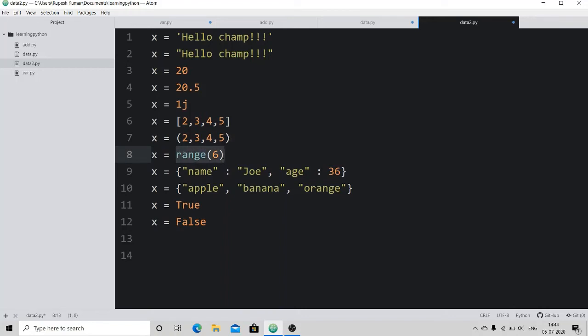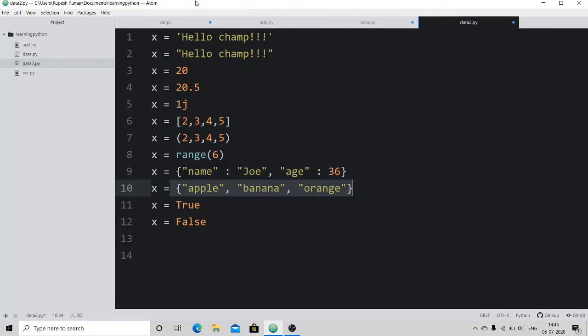We'll discuss this in detail in the upcoming videos. This is dictionary. This is sets. And this is boolean, true and false. These also come inside data types. So these are the examples of the different data types that we have in programming languages.